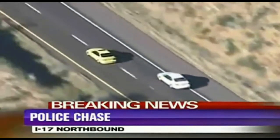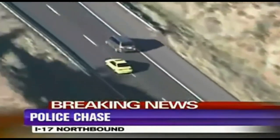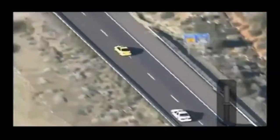What you can see right now, another car there on the road. We did see a DPS officer in close pursuit. That was the first time. Looks like he's...